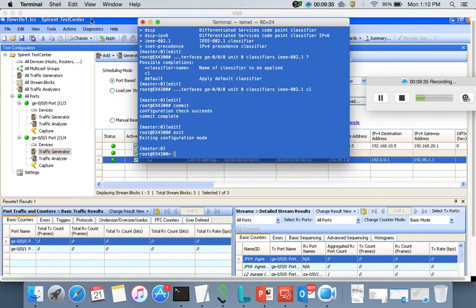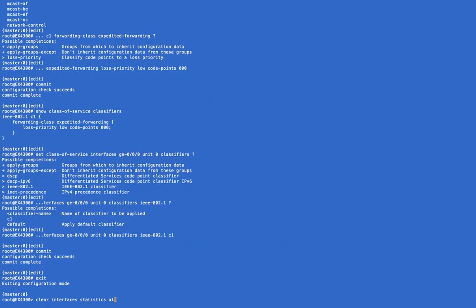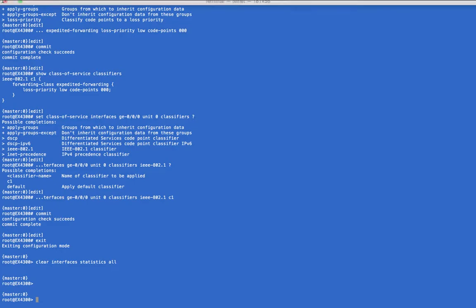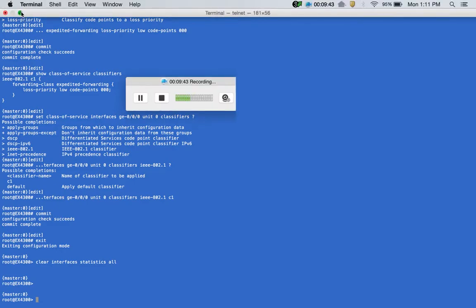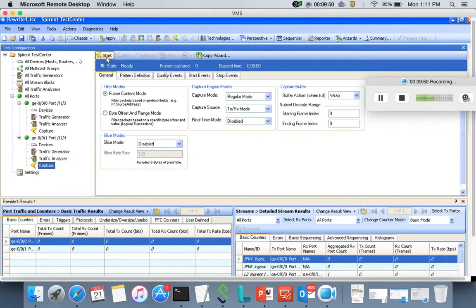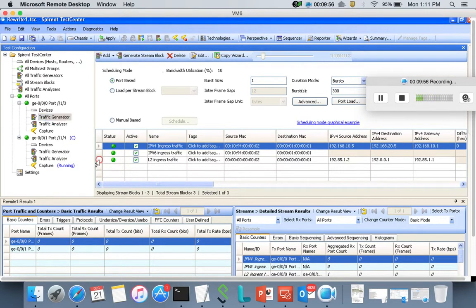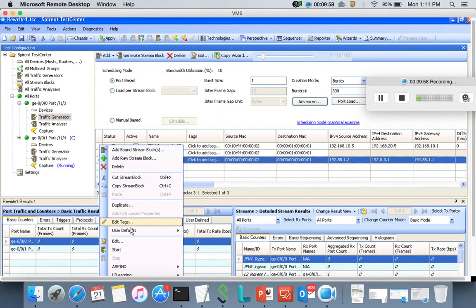First, let me clear the interface statistics. So what we need to do is capture the packets at the egress interface so that we can verify the CoS values. Now I'm going to send the L2 traffic to my ingress interface